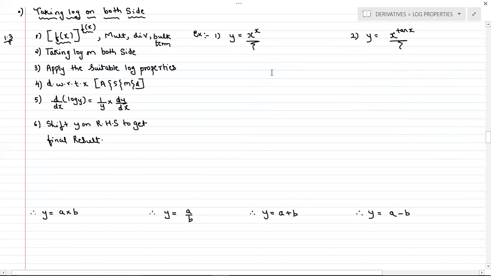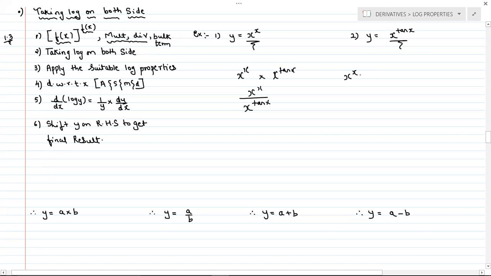Okay, so whenever you come across function raised to function, you have to think that the question is from exercise number 1.3, and in 1.3 we have to use the concept called taking log on both the side. So here the first thing, how will you come to know that we have to take log on both the side? The first thing, function raised to function. Second, this taking log is basically applicable only for multiplication and division terms. Suppose there are 2 terms, and if there it is multiplication or division, then only we can apply taking log on both the side.